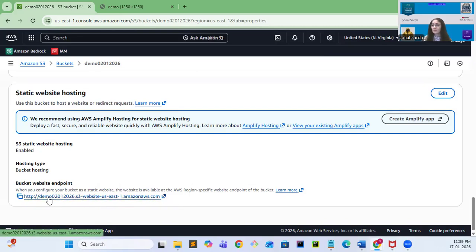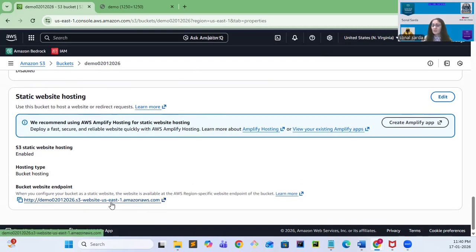But when you want to do that, one thing you have to keep in mind, your bucket name should match with the domain name. Let's say I have bought a domain by the name sonal.com. I will have to create my bucket by the name sonal.com. So my bucket name should match with my domain name. That is what is required to be done. And suppose you want to host multiple websites, you will have to create another bucket. Each bucket can be used to host a static website. Hope you understood this.